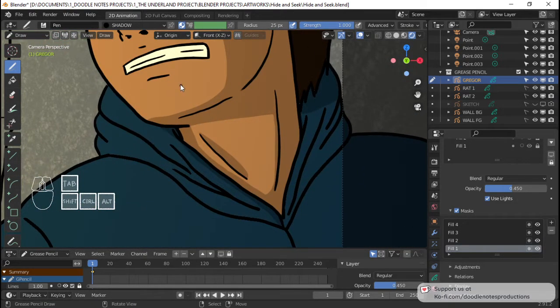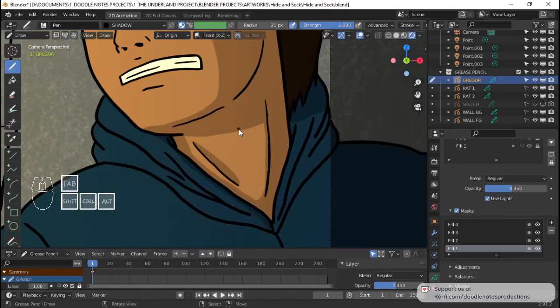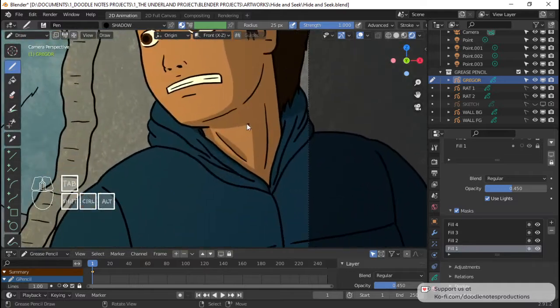So, will Gregor have an Adam's apple at age 12? Age 12. When did I get an Adam's apple? Wait, do they just grow? I'm not really sure. My Adam's apple started developing when I was 13, I think. I'm not sure though. So Gregor shouldn't have an Adam's apple yet, unless, well, there are guys who don't have an Adam's apple. I'm gonna have to Google the stuff about that. But anyways,